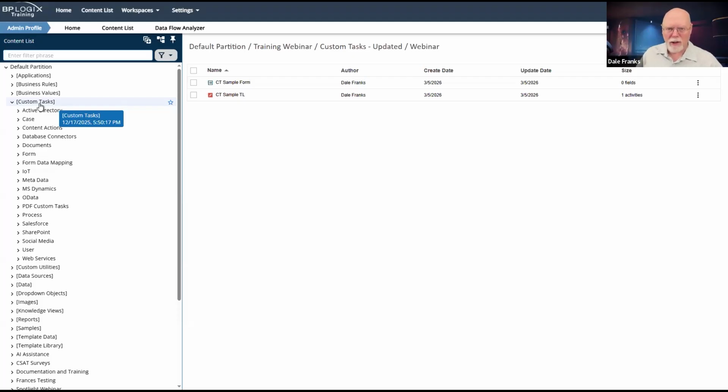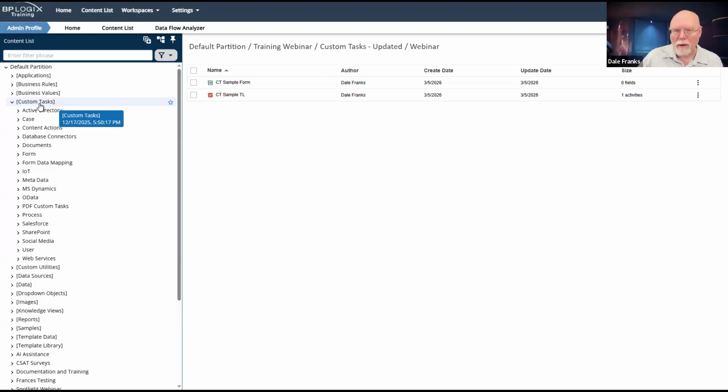All of those GUIDs, all of those unique values are stripped out. And the only way that we can look up references to custom tasks is to find them in a specific folder location. We know what folder location they were in on the old system, your dev system.